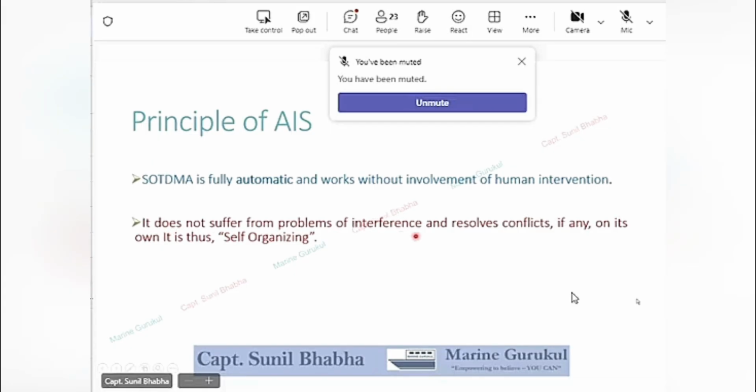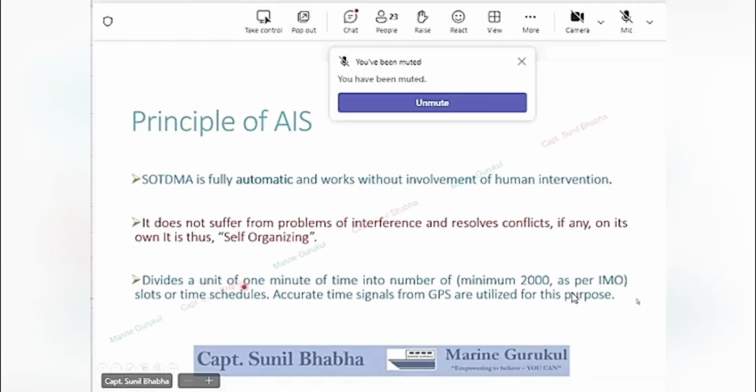There is no interference between the stations, as the time slots are well defined, and every station has a different time slot. And also the system has the capability of resolving any conflicts if they arise on its own. Thus it is called self-organizing.